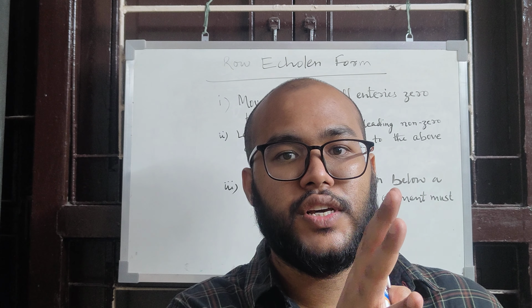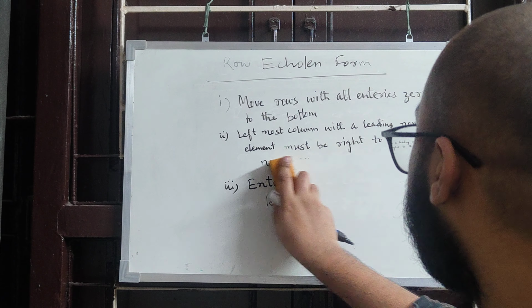Third point is entries in a column below a leading non-zero element must be 0. What we are trying to achieve is, if a column has a leading non-zero element, then all the entries below it should be 0. We have seen it already yesterday. Okay, so let's move to minor form